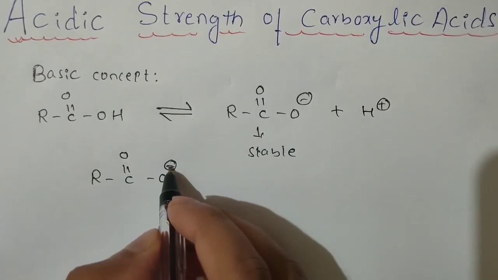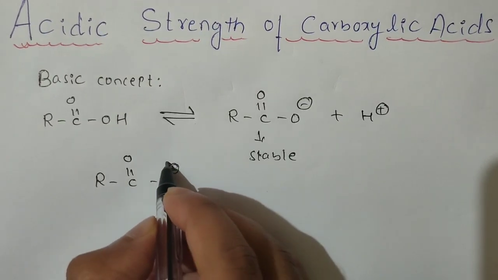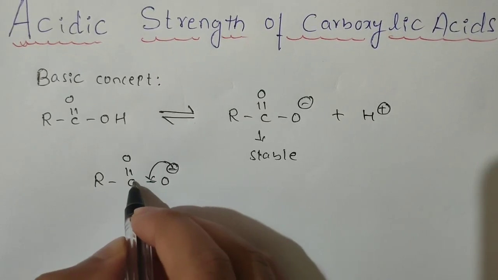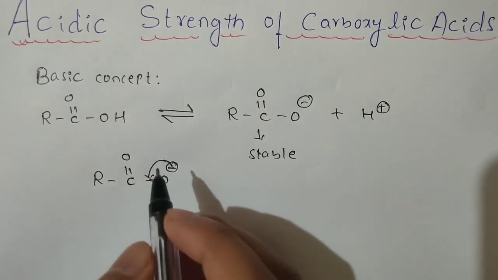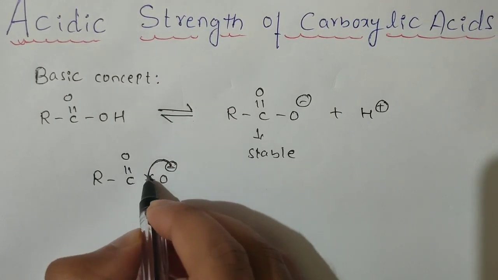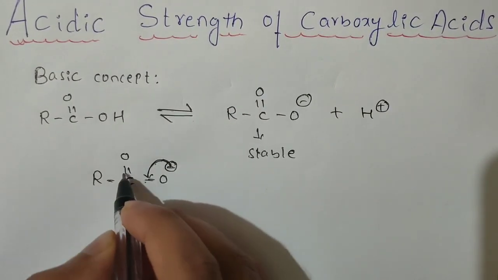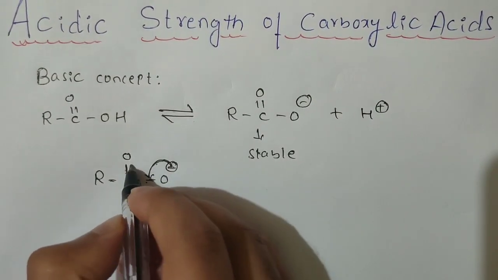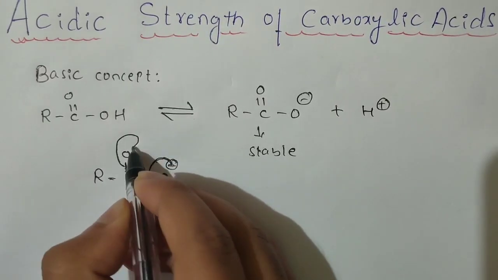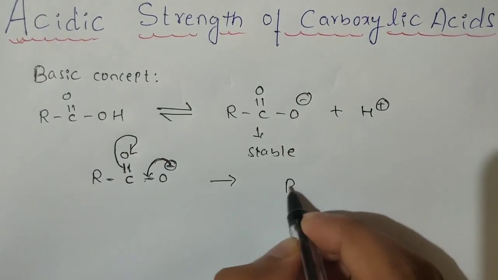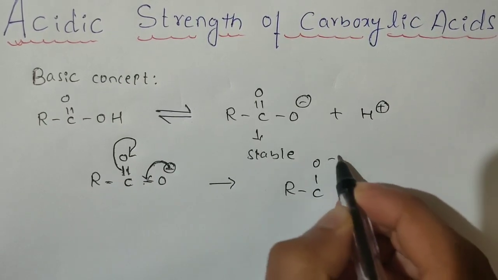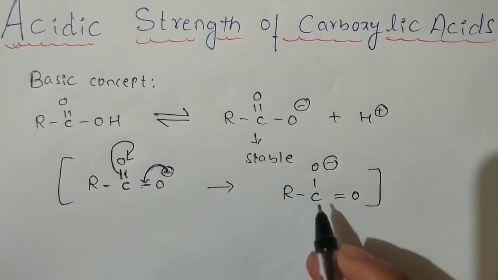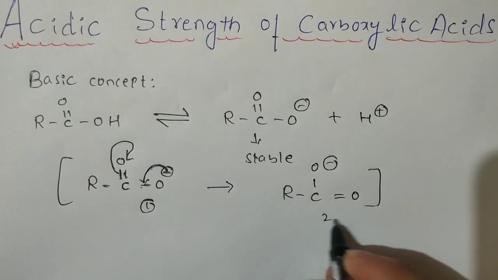Whenever the negative charge is on the oxygen atom, it moves towards the carbon. When it comes here, carbon would have five bonds, but as you know, carbon is tetravalent. When this bond migrates, it becomes 1, 2, 3, 4, 5. So we know that carbon is tetravalent; that's why, to neutralize this, a bond from the other oxygen migrates to form O minus. So I am going to write it here as R-C(O minus)=O. Both structures look the same. This is one resonance structure, and this is one more resonance structure.